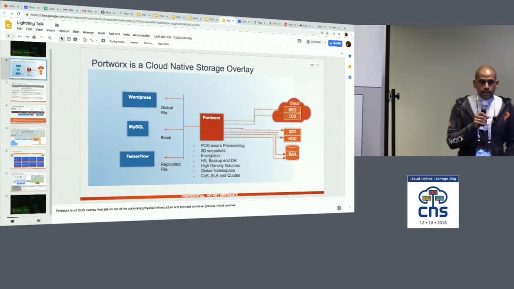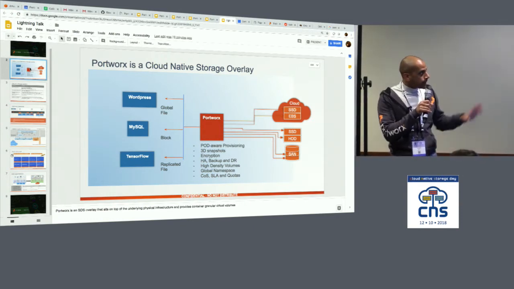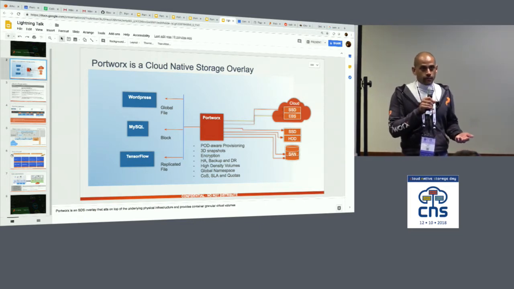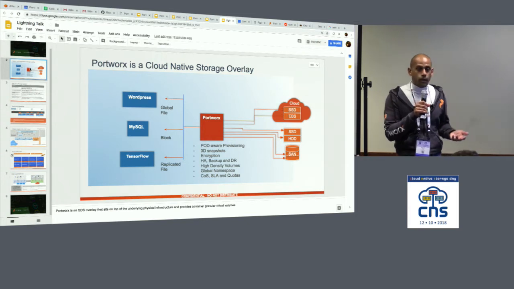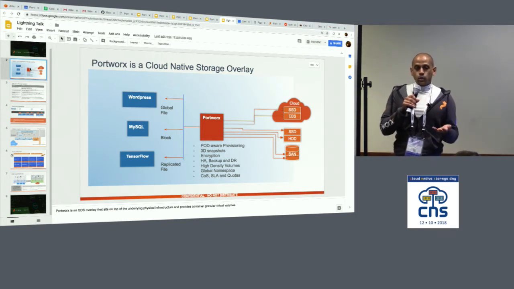What is Portworx? Portworx is a software-defined storage overlay. So I'm going to describe that with this slide. When you install Portworx in a Kubernetes environment, there's a Portworx agent that runs on every node. Its job is to virtualize the physical storage resources that are available to it. I'm going to talk about why you're doing this, but essentially what it does is once you have Portworx